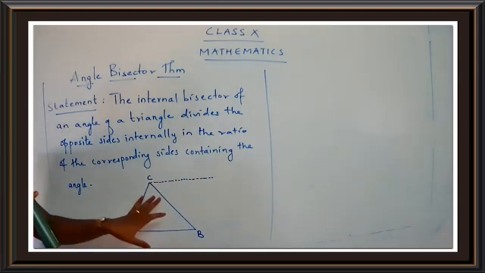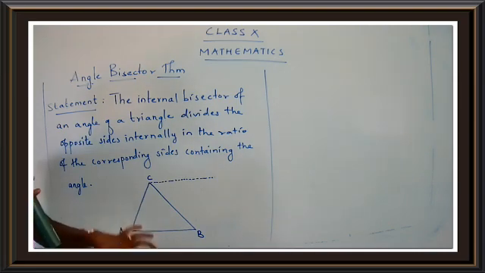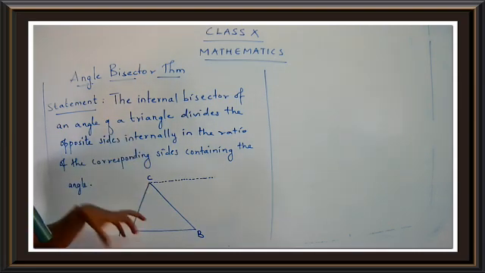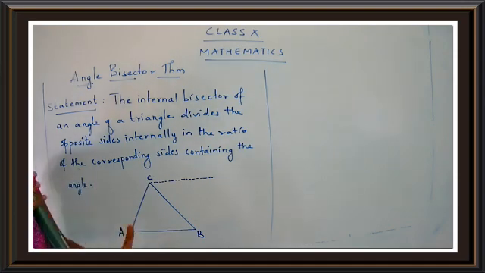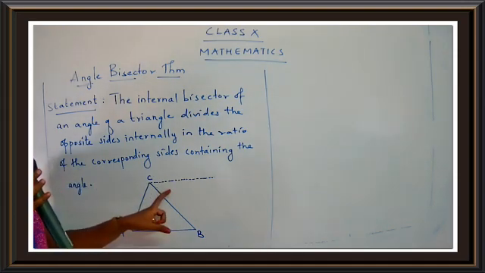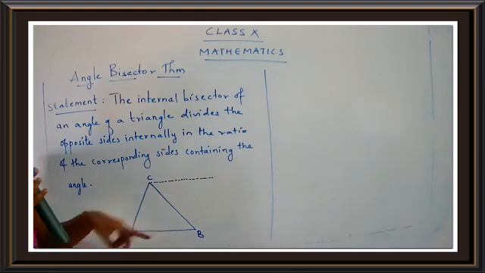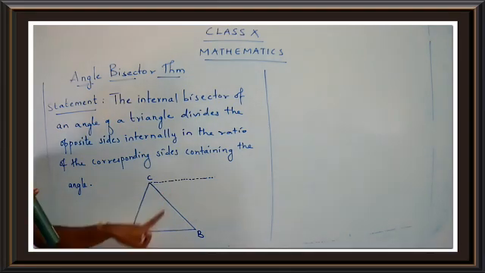Here the thing is, we have a triangle, but with the help of a triangle alone we cannot prove the theorem. So what are we doing? We are doing some extra construction. The extra construction will be done with the help of dotted lines. So, drawing a parallel line to AB.